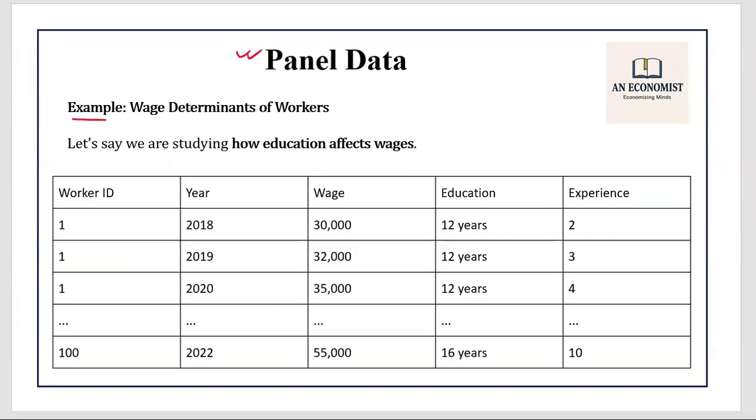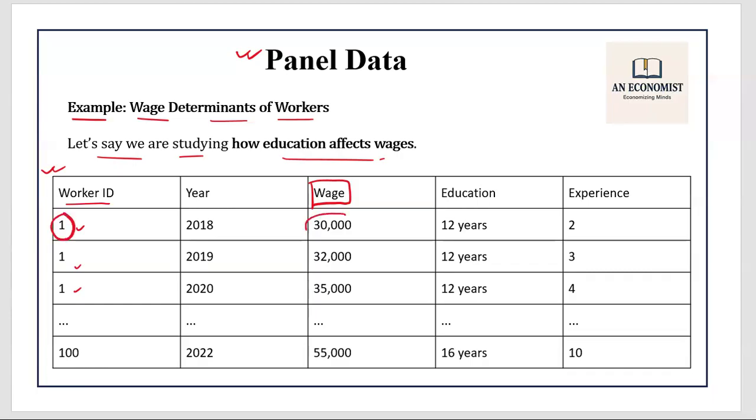Here I have taken the example of wage determinants of the worker. Basically, wage will be the dependent variable, which you can see here. We want to know what the wage of the worker will be, and let us say we are studying how education affects wage. This is a table which represents the panel data. See, in the first column you have the worker's ID. Here I have written 111 in the first three rows. Why is this so? Because we are measuring for the first worker,